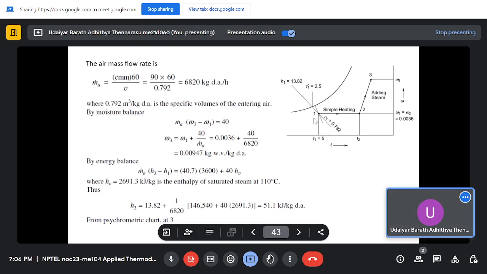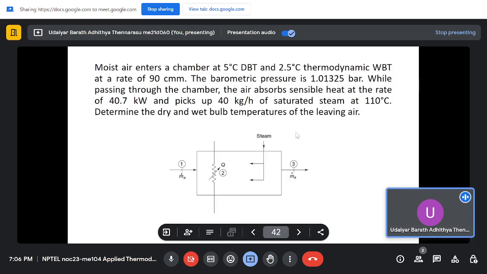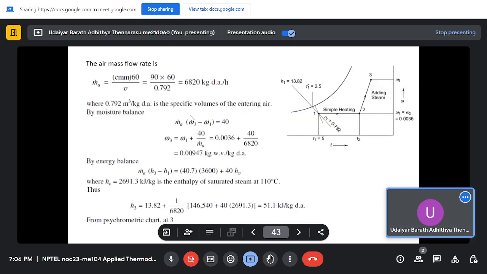So from point 2 to 3, the mass of water vapor which is absorbed will be equal to m dot a into omega 3 minus omega 2 or omega 1. Omega 1 to omega 2 will be same. It will be equal to 40 kg per hour, which is given in the problem. Using this, we can find out omega 3, which will come out to be 0.00947 kg of water vapor per kg of dry air. So now by doing an energy balance,